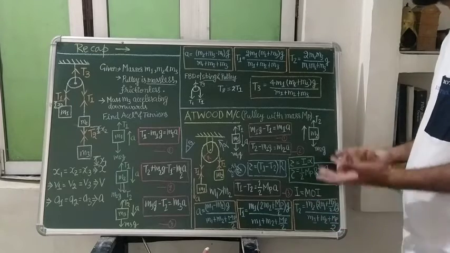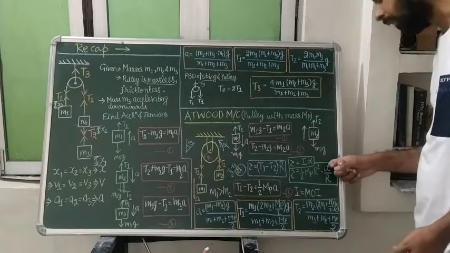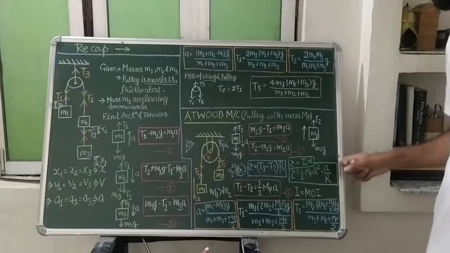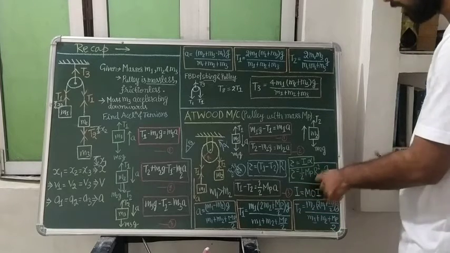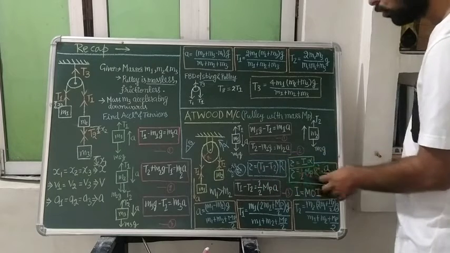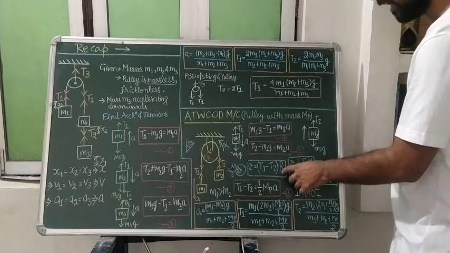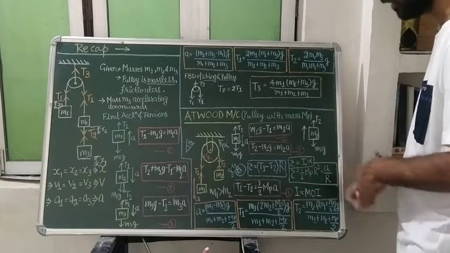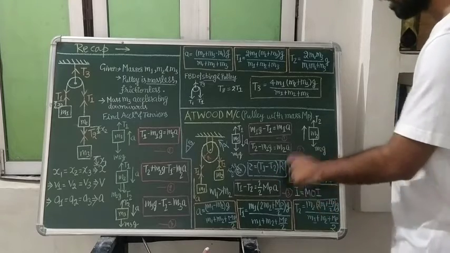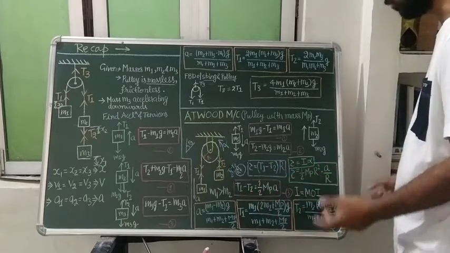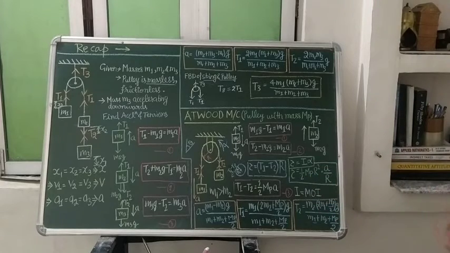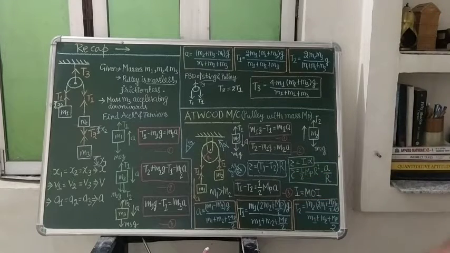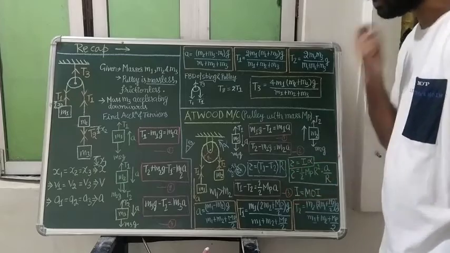We will look at this again when we study circular motion. So angular acceleration will be equal to linear acceleration divided by radius. So this R will get cancelled out, and when we equate these two equations, one R will get cancelled out with this R, and the left sides are equal. So this (T1 minus T2) will give us half times the mass of the pulley multiplied by linear acceleration. And using these three equations, what will we get?